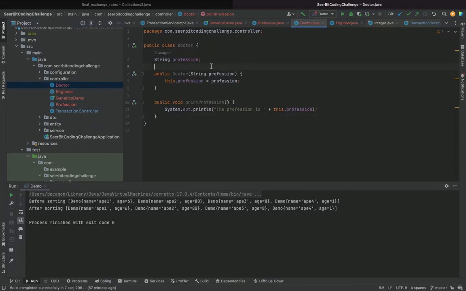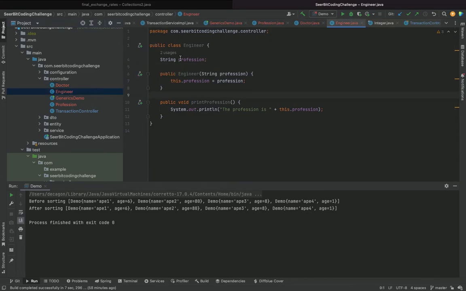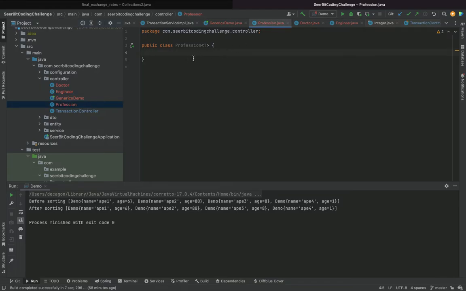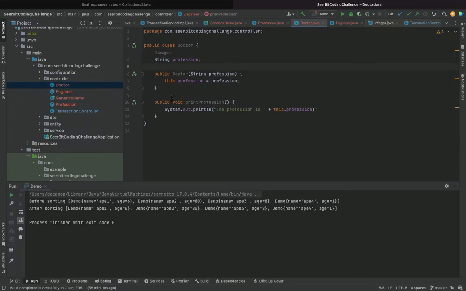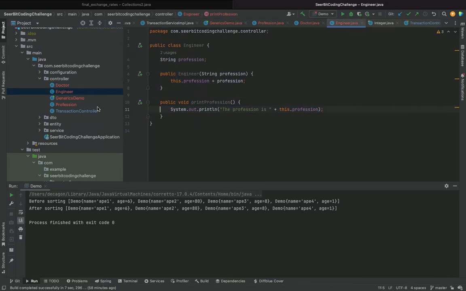If you come into the doctor, this thing you're seeing here is a type string. Basically, any class that you use is a type. That's what I'm saying in essence. I wouldn't want to drag it. So we could create a single class that accounts for this code we've written here for doctor as well as this code for engineer.